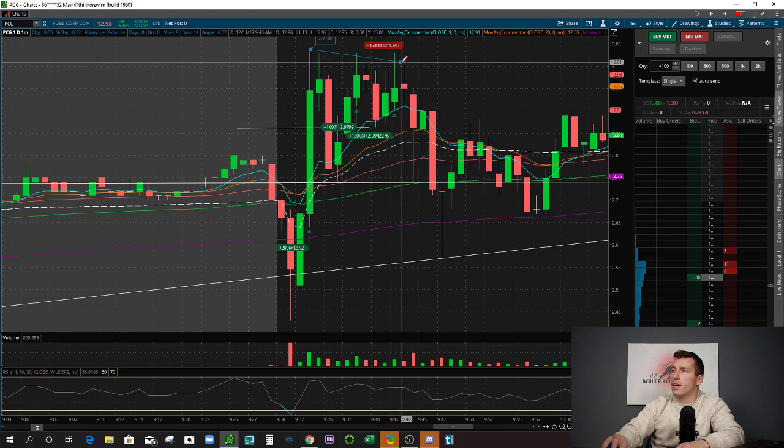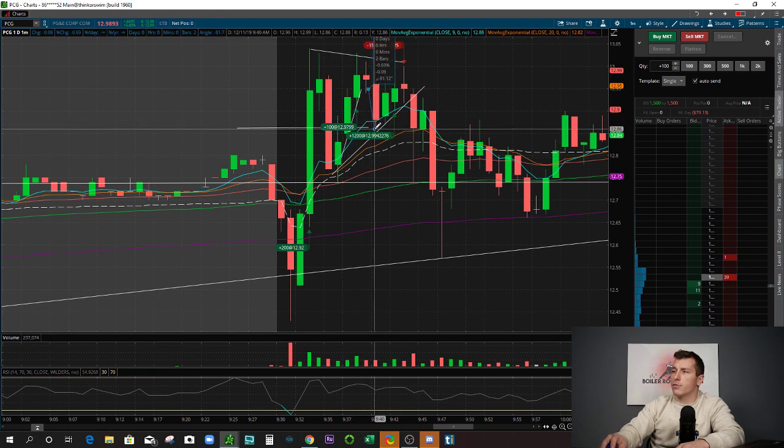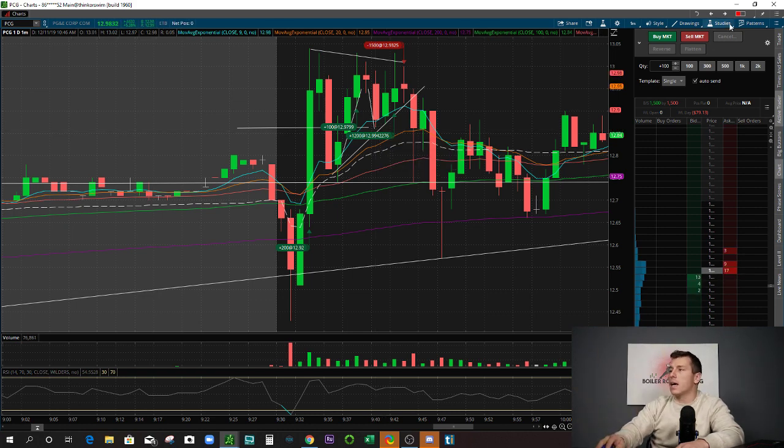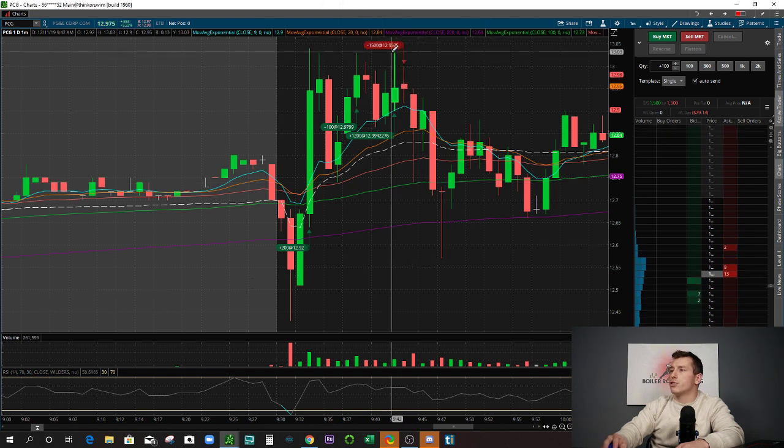So now we're creating kind of a decent pennant. The only thing bad about it was the U shapes were down. You can see the U in here is all going down. So that could signify that there's a stronger potential for the down move. Doesn't mean that it won't break up, but right now we are kind of aiming down at that moment in time. So then I end up getting long another 150 shares,